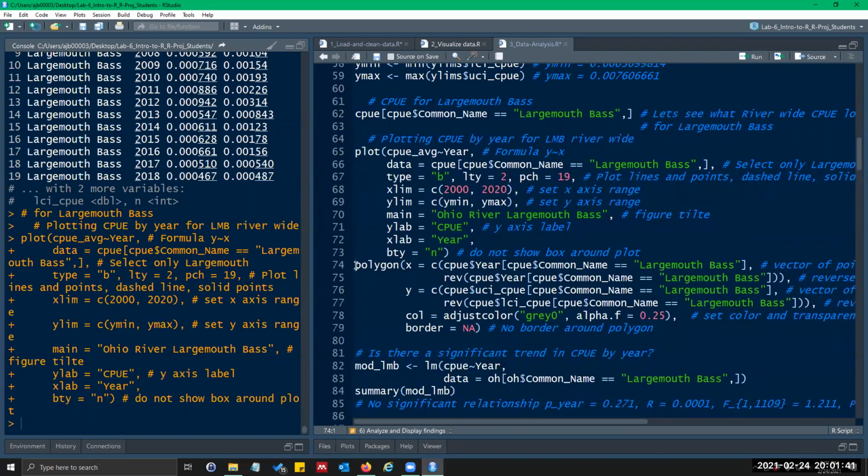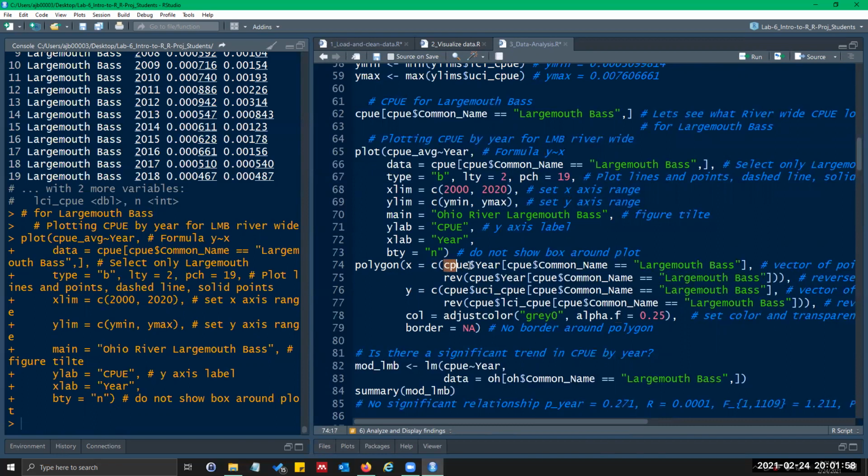This polygon command is what we're going to use to set our 95% confidence intervals. So you're going to give it a vector for your X and a vector for your Y coordinates. So you need to do c, parentheses.